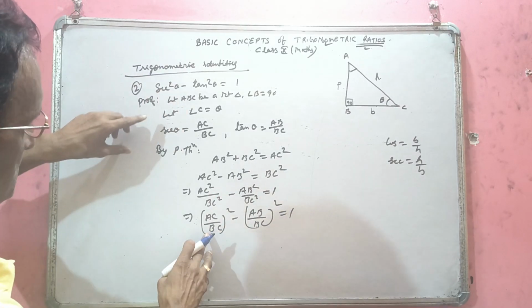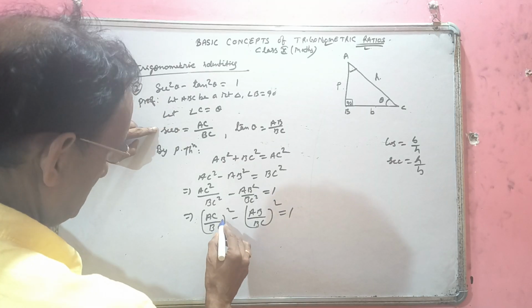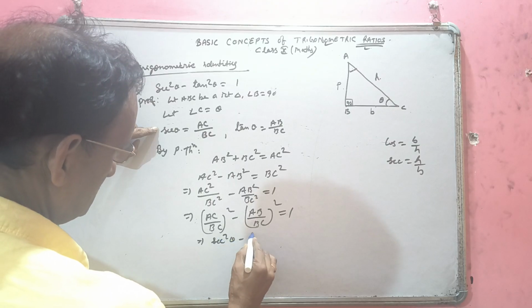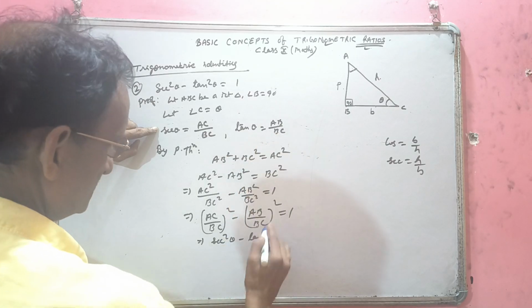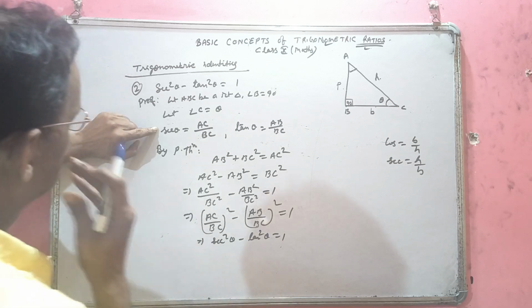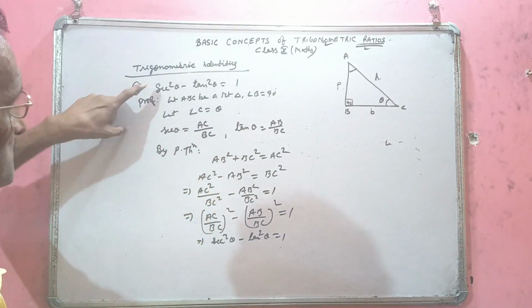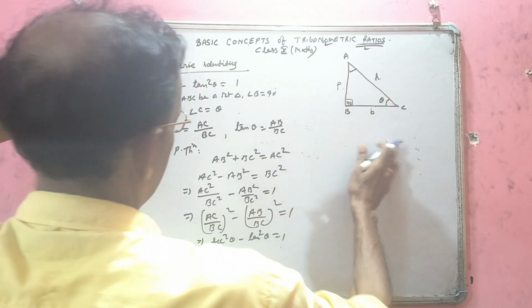And what is AC by BC? Sec theta, and square is there. So what you can write here? Sec square theta minus tan square theta is equal to 1. So this we have got the proof. Okay. From this main identity, you can have